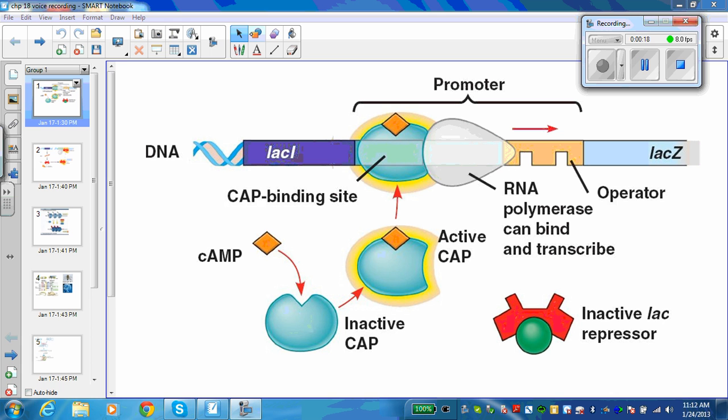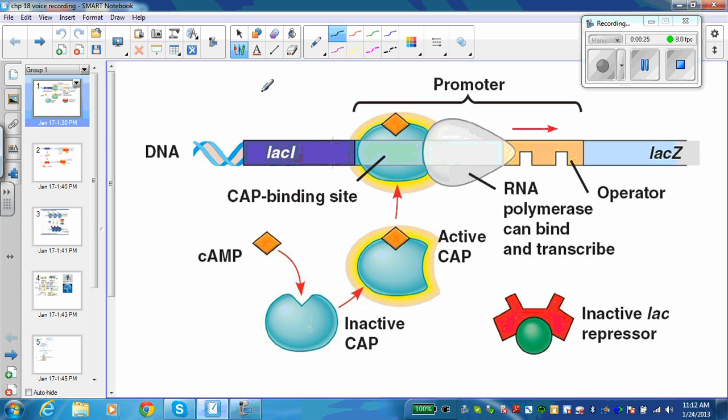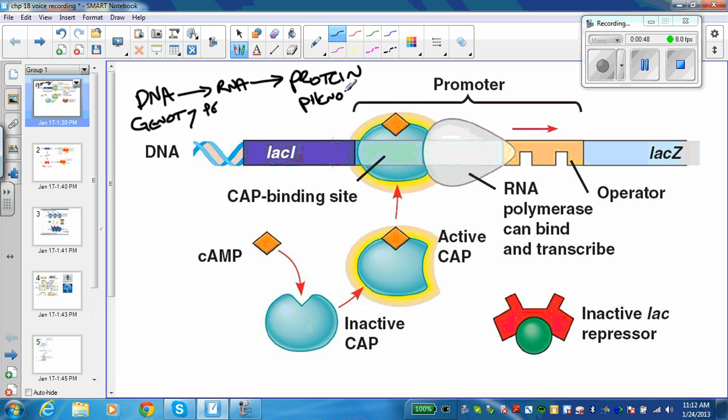What we're mostly focusing on here, just so you get a gist of this, is the central dogma, which is basically DNA turning into RNA and then turning into protein. Now remember that DNA is considered your genotype